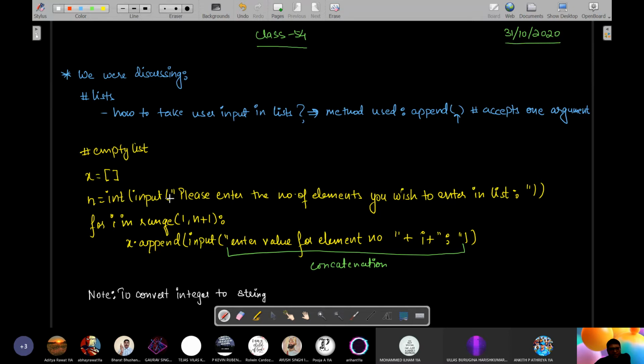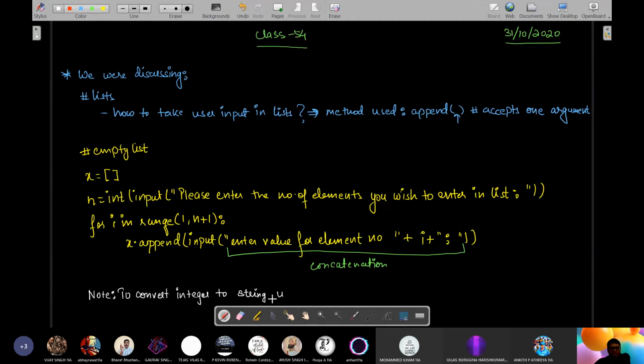So the input function accepts a value from the keyboard or input device and converts it into a string. The int function converts from a string to an integer. Similarly, the str function does the other way, converting an integer to a string.